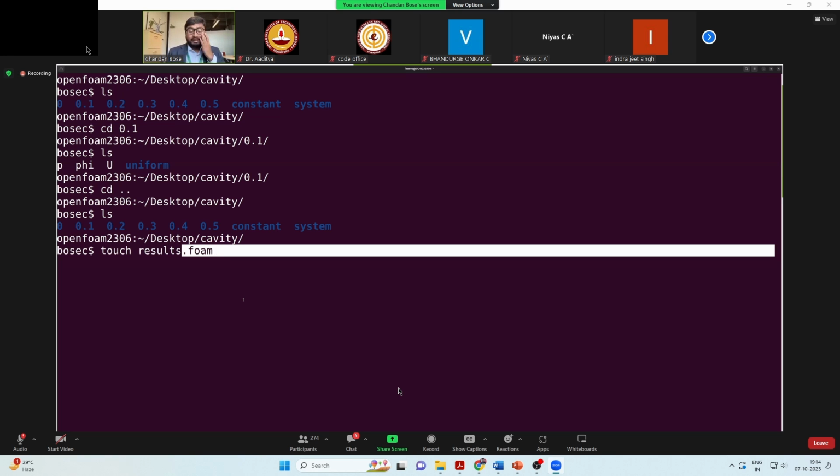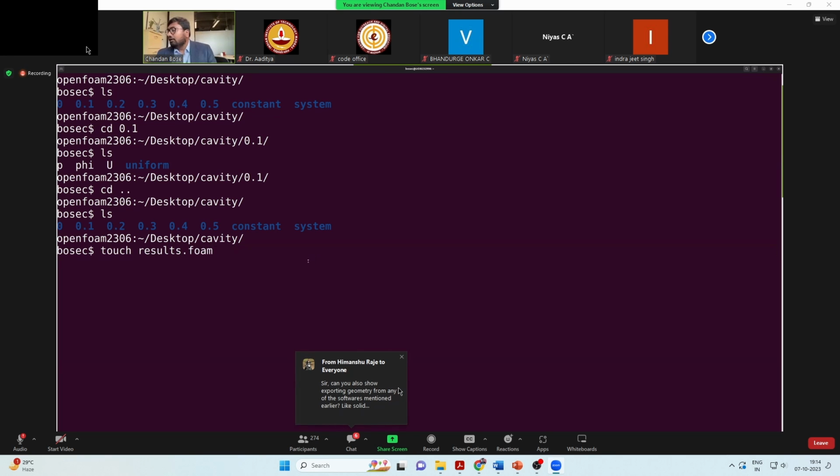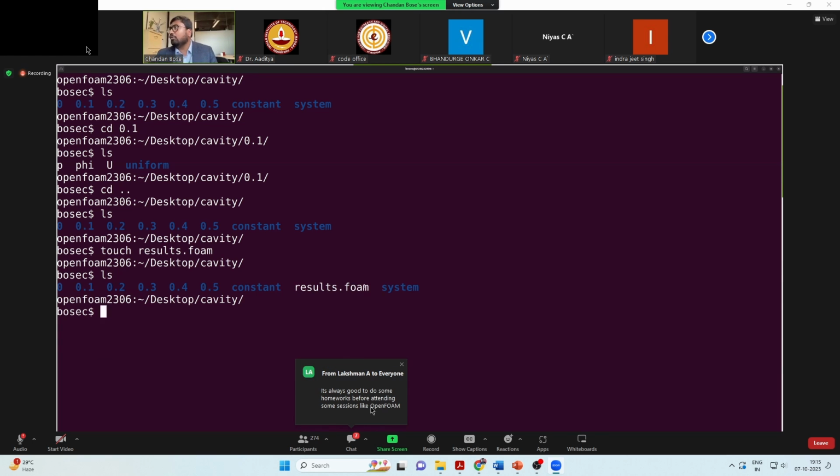But if you create this results.foam, you will have a file called results.foam in your folder, which can be read by ParaView very easily. To call ParaView, I call paraview results.foam, and it should open my ParaView